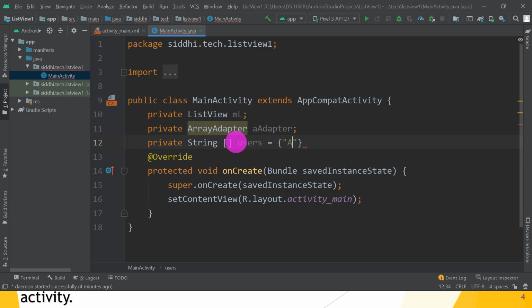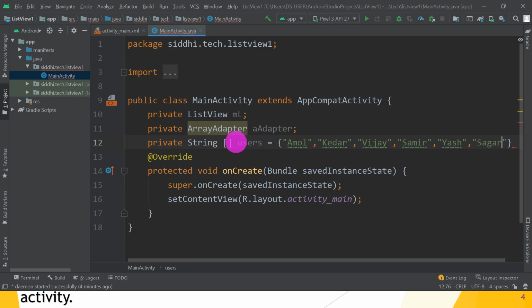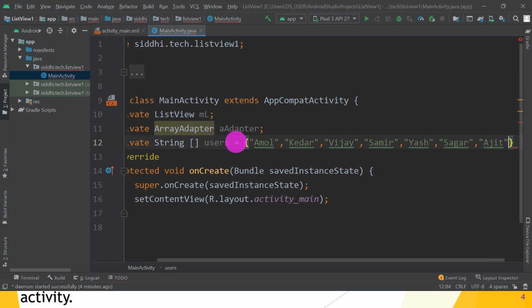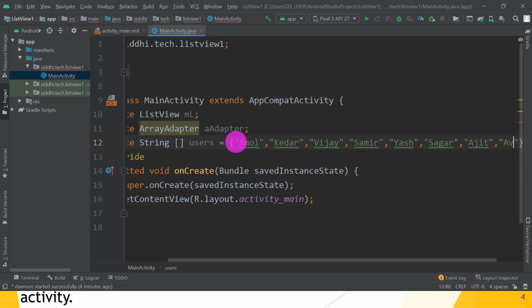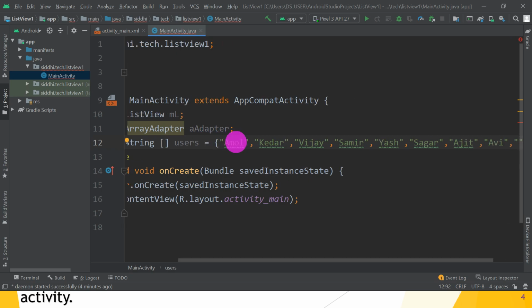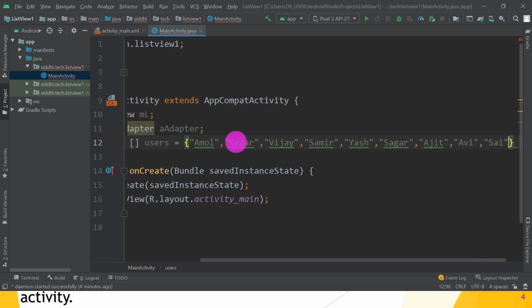So enter some names, for example Amol, then Kedar, then Vijay, then Samir, then Yash, then Sagar, then Ajit, then Avi, then Sai, then Sammy.